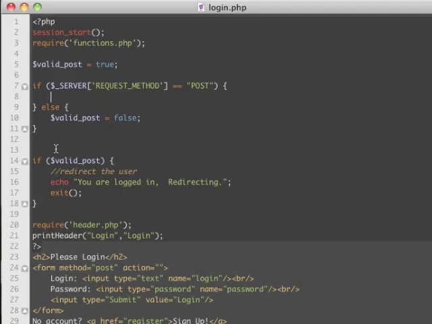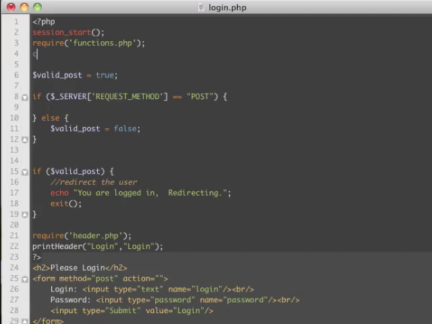So our validations on the register page and the update page, we're making sure that they had a login name long enough and their passwords matched. On this page, we are going to make sure that their username and password are valid, and that's our validation for here. So we also want to connect to the database. We need to connect to the database to be able to find the user,